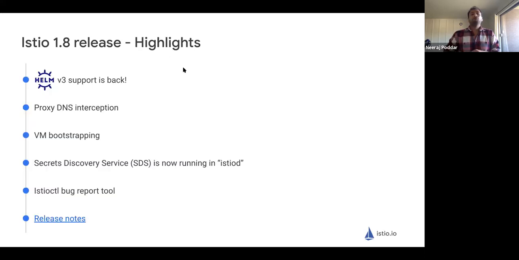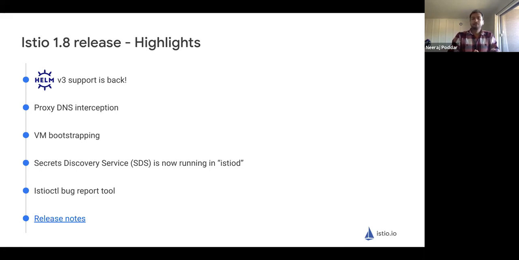So these are some of the few highlights I have for Istio 1.8 release. The first one, which I'm really excited to talk about, is Helm v3 support is back. For those who have been on the Istio journey from early days, you know that Helm was the main tool for installing and upgrading Istio.